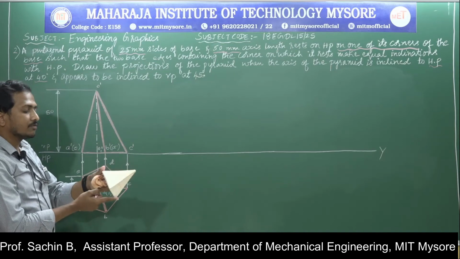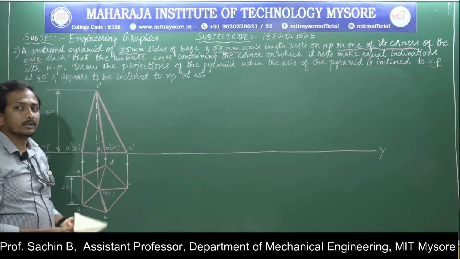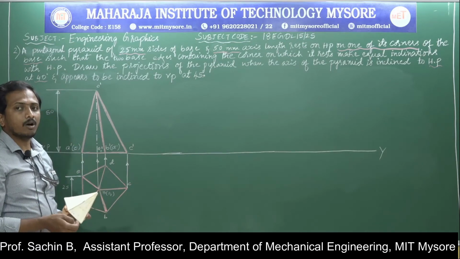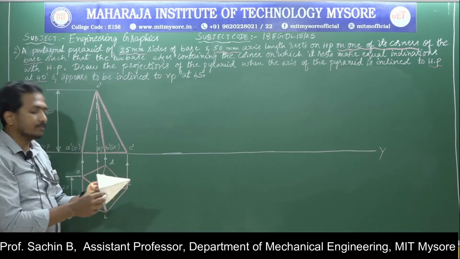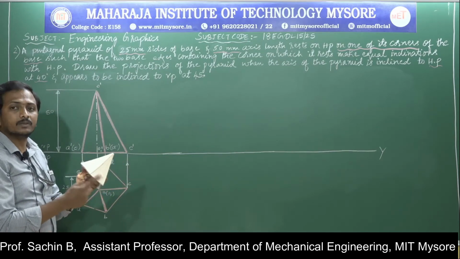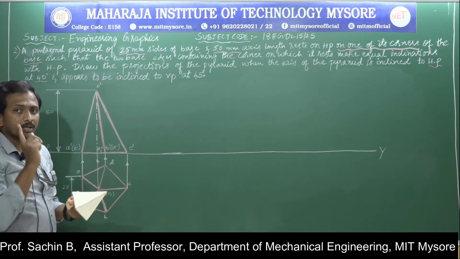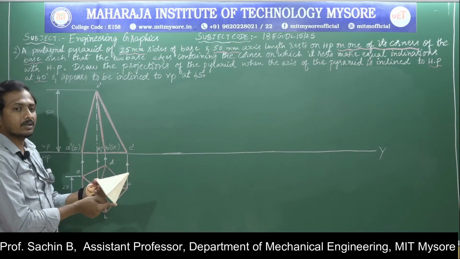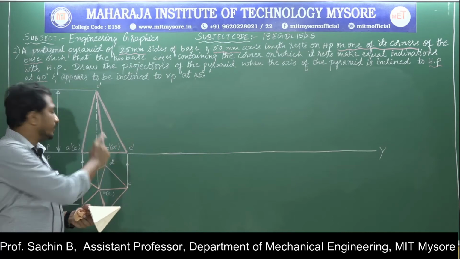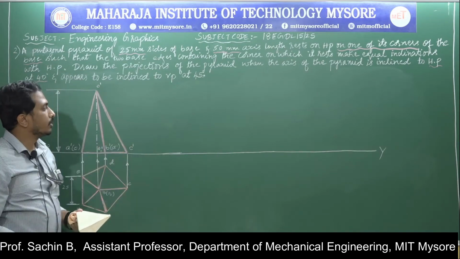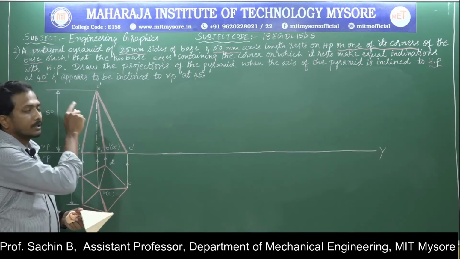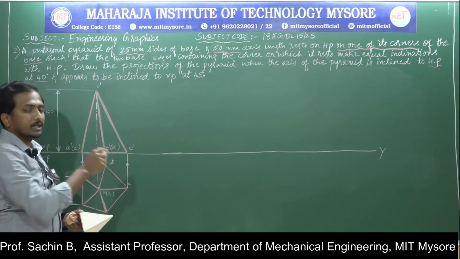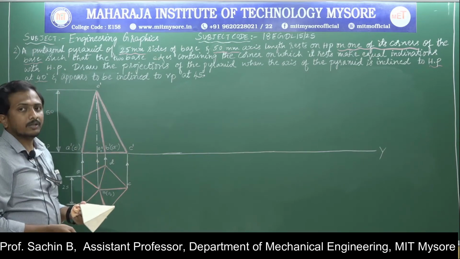This means the axis of the pyramid is inclined to HP at 40 degrees. While doing the last problem, you people know how to construct this second position of the object, because here they are not given the inclination with reference to any edge of the pentagonal pyramid. They are given with reference to the axis. Constructing an axis inclination by drawing an axis length of 50 mm and making the given angle is very difficult.